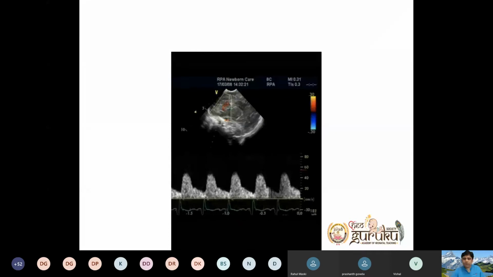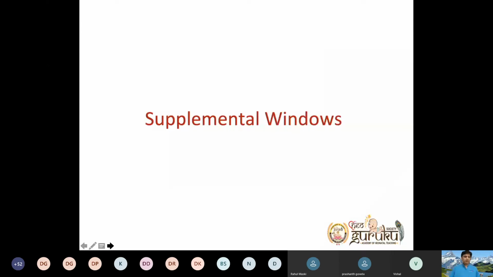In our next class, we can show you when we discuss the other pathology. Supplementary window, Kamal sir? Supplementary windows? Sir, I've covered the standard main views. Do you want me to cover the supplementary windows also? I can finish in another 15 minutes. Sure, sir, no problem. If they have questions, they can always put them in the chat box, because after this we'll go for hands-on. Okay, I've tried to make it as brief as possible. Okay, sir, I'll continue.